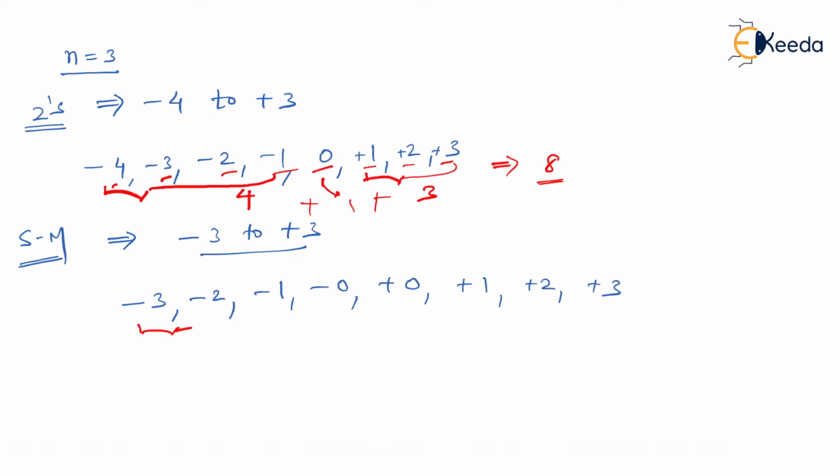Now in sign magnitude, all negative numbers, if you see, this is 3, and these are positive numbers, 1, 2, 3, these are 3. Now let's talk about 0. You know that 0 is neither positive nor negative in reality. So we have to consider this minus 0 and plus 0 as only one digit. Even though in sign magnitude form we have a provision to represent minus 0 and plus 0, in reality minus 0 and plus 0 have no significance. Minus 0 and plus 0 should be counted only once.